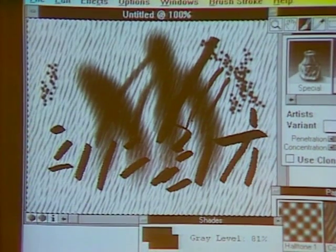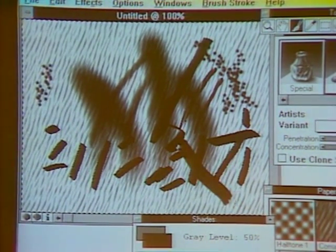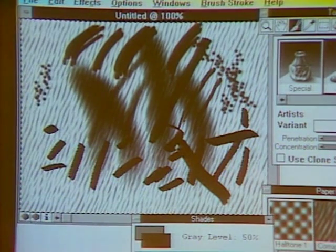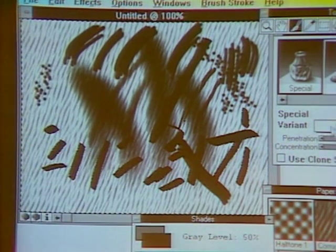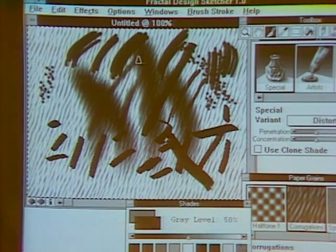There's a little Van Gogh, and we'll change the color on that. And he was, of course, known for those sort of brush strokes. Well, let's see if we can get open space here. That also had this special sort of effect to them, and there you can see it there. And we'll just go with one more here under Special, and this is one that has no real name. It's called Distorto. It's not any brush that I actually know of, but if you look...